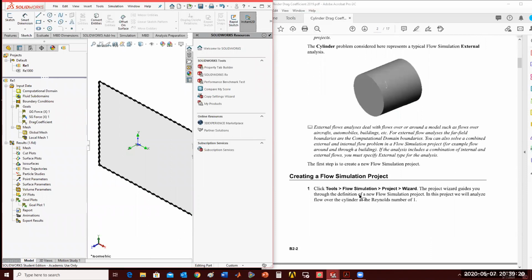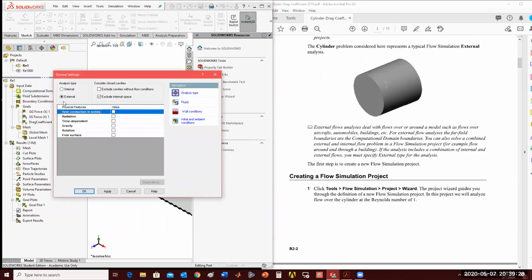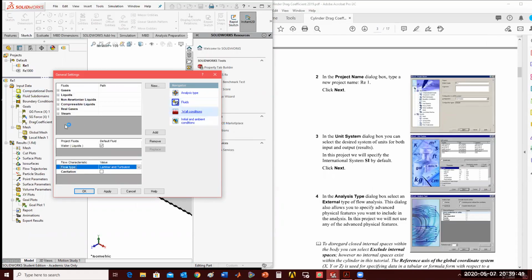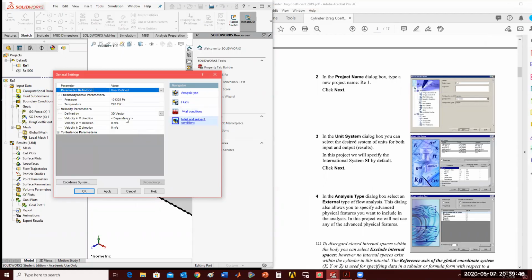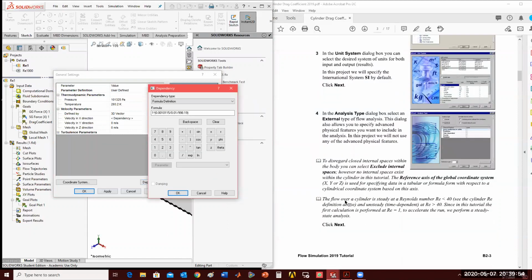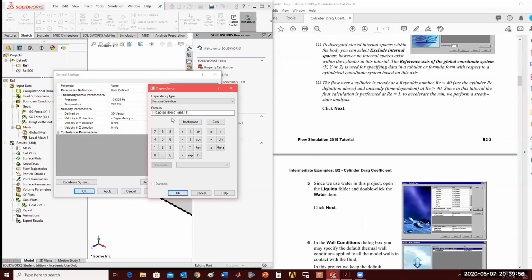Remember, because I set up the project already on the wizard, I would go to input data, general settings, and here I will show you what you choose: external, exclude internal space, and that's the analysis type. No time dependency, and then you choose, for example, the fluid is water, as you can see here. Keep it laminar and turbulent, and then for the initial condition, you click on the velocity in the x direction dependency, and when you click there,